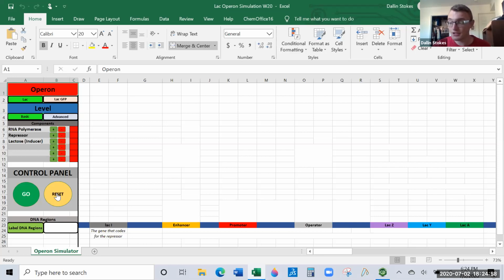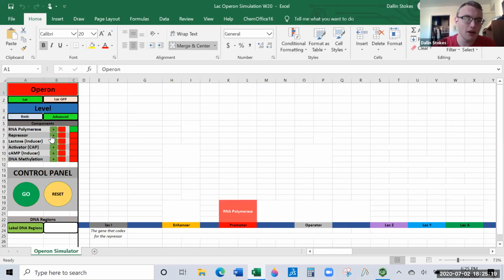And the repressor, it doesn't have any influence on how much protein we make. It just has influence on when we make it. So we need to add in another piece to this puzzle to help control how much of the protein we make when we're making it. So we add in a few new components here.